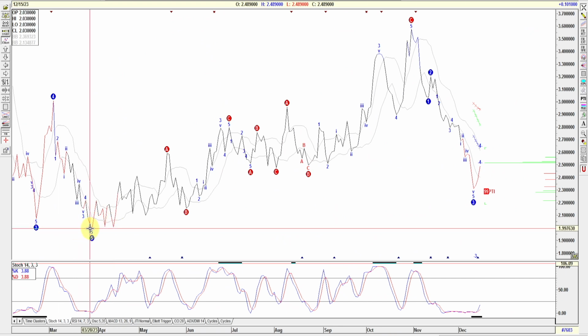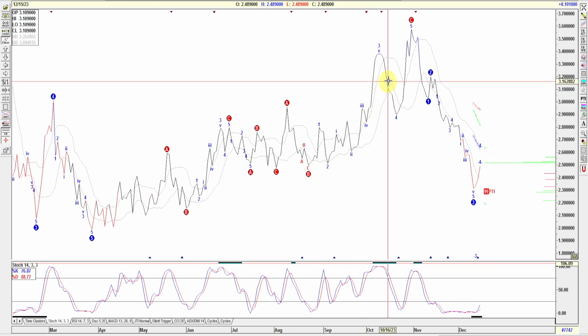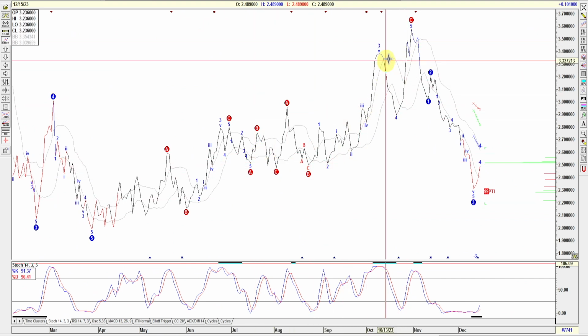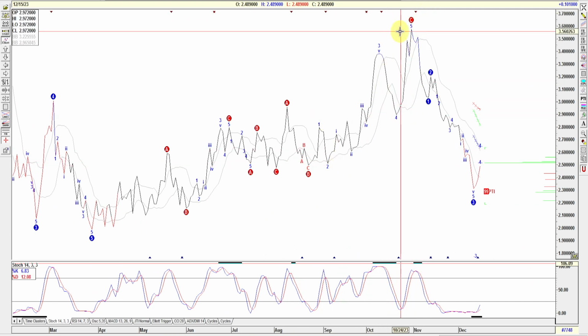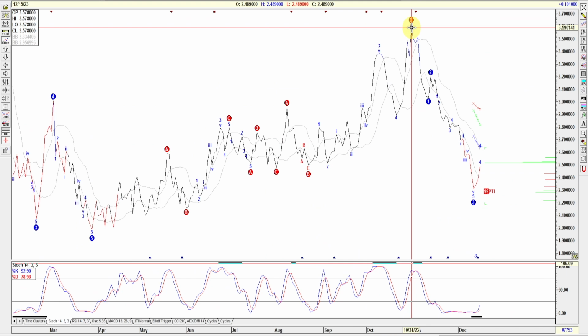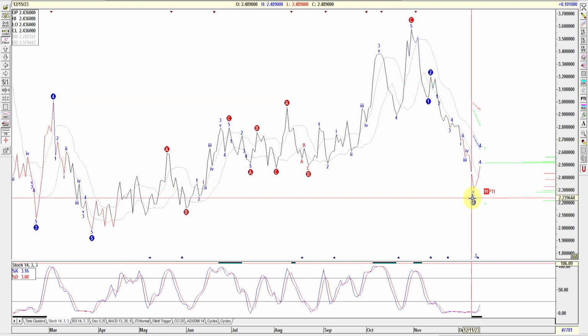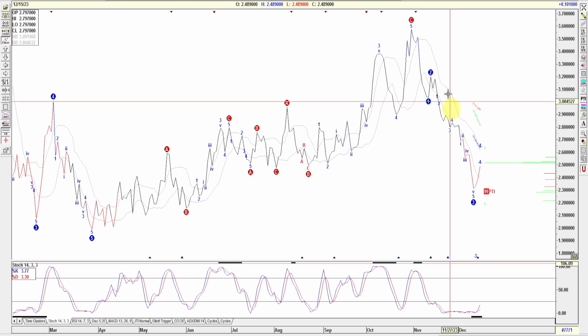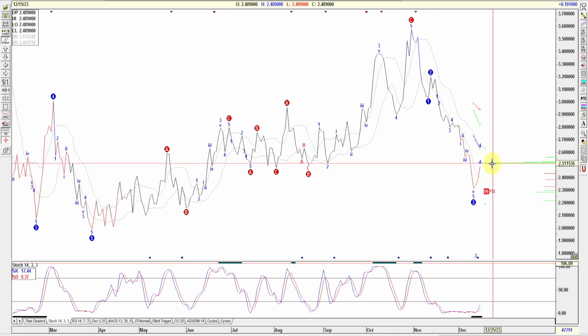Wave 5 here. You got a bunch of ABCs, ABCs, ABCs. The latest one is here, where you get a 1, 2, 3, 4, 5. And that was your October 31st, 363 high. And then you got a 1, 2, 3. And between this 3, you got a 1, 2, 3, 4, 5 wave. And now wave 4, it's indicating